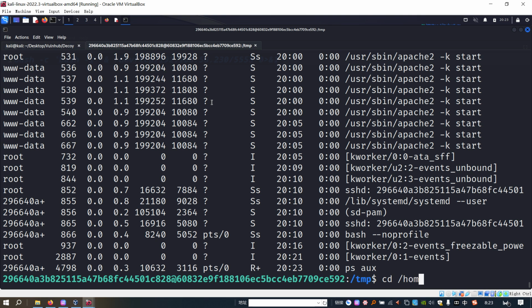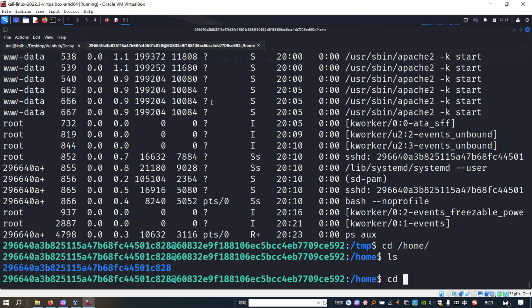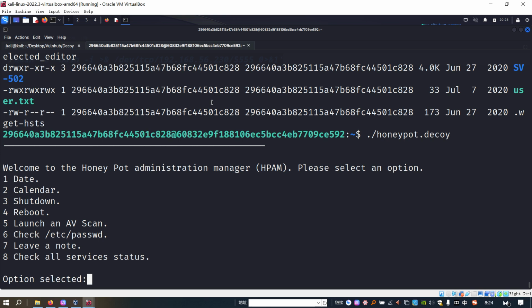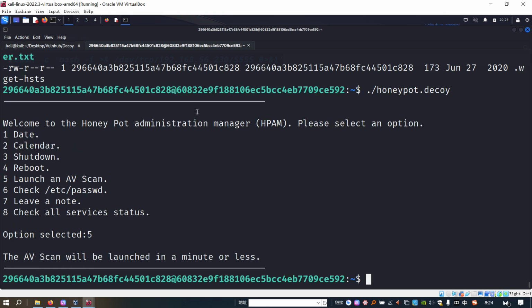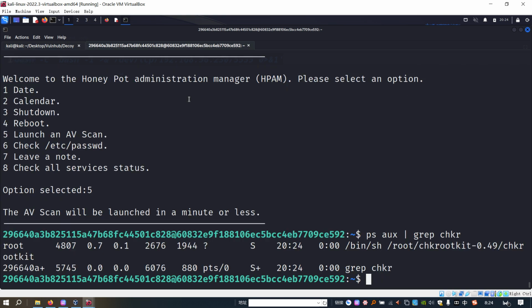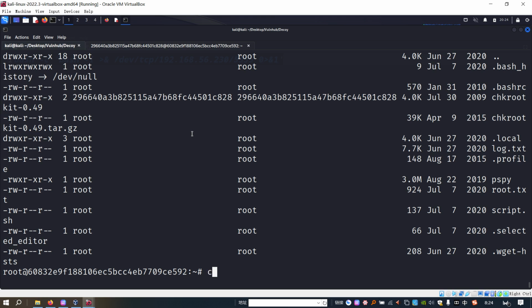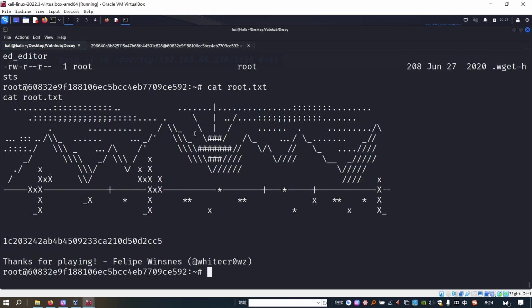So we can go to the home directory, and we can run it. Select file, and we can check with grep. I think it's running. As you can see, we have already got another shell, and this shell belongs to the root user. And then we can navigate to the root directory, and we can get the final flag without issue.